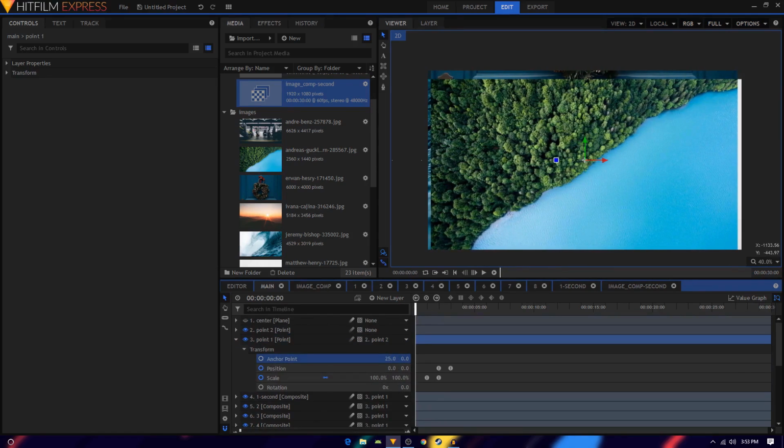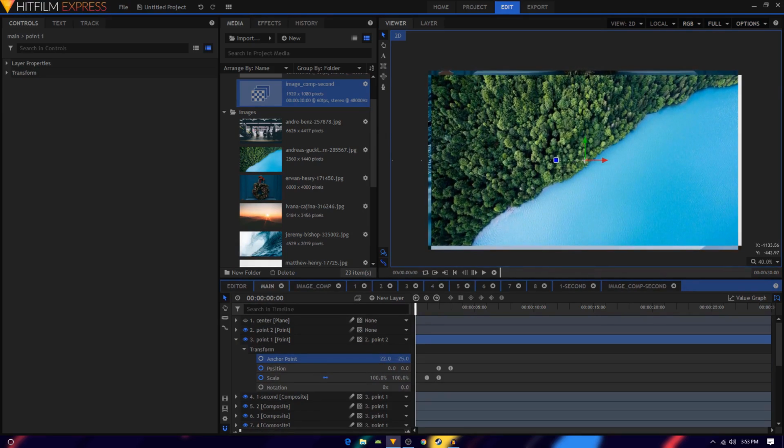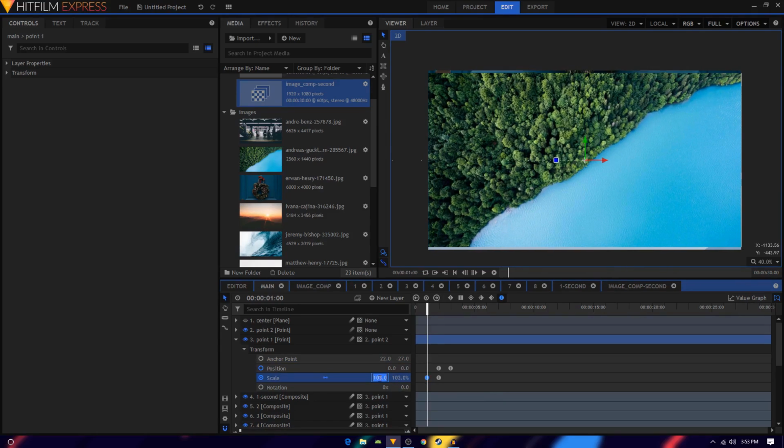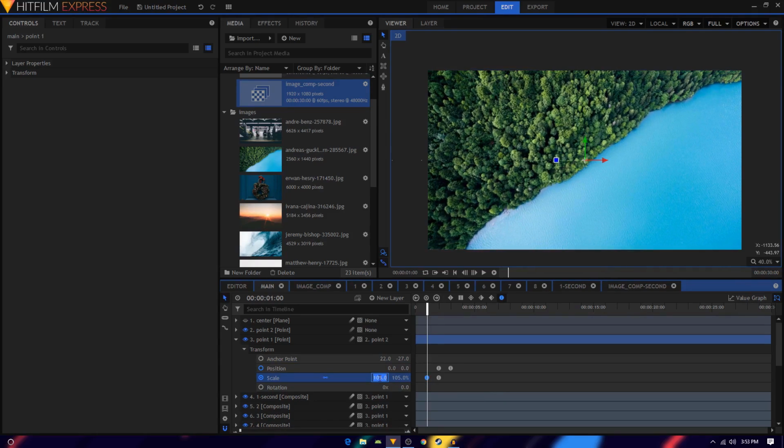I'm just going to bring it to the left a bit like that, try to center it, and move this one to the top just like that. And now I can use the first scale keyframe and try to scale it up to like 105. Just scale it up till those edges disappear from your scene. And now you can see that they are no longer visible,